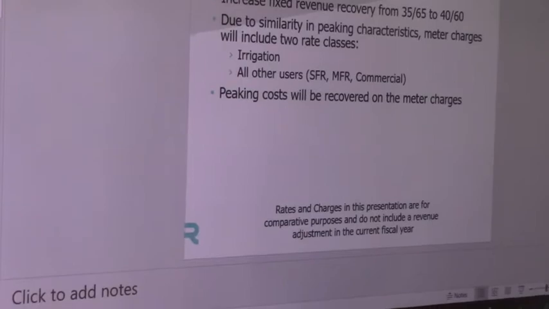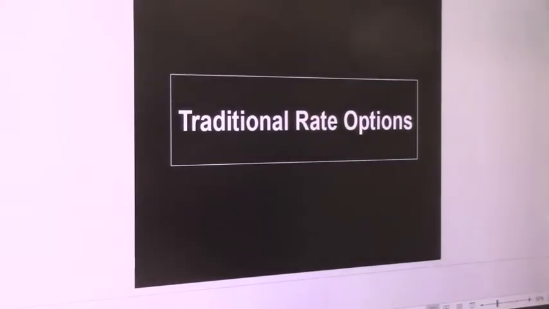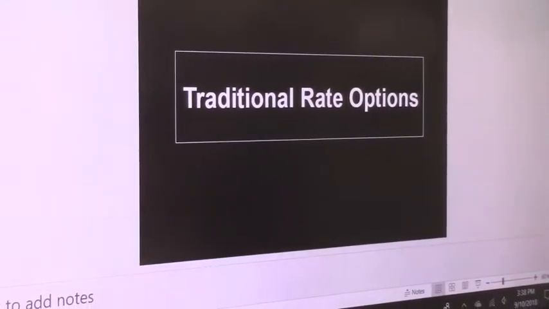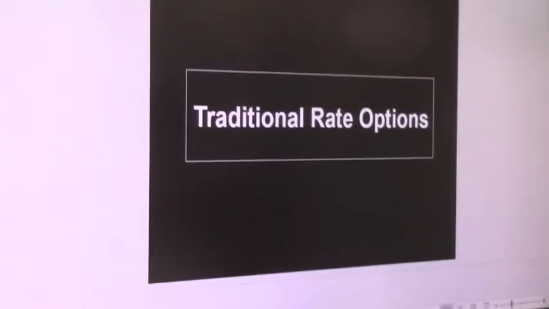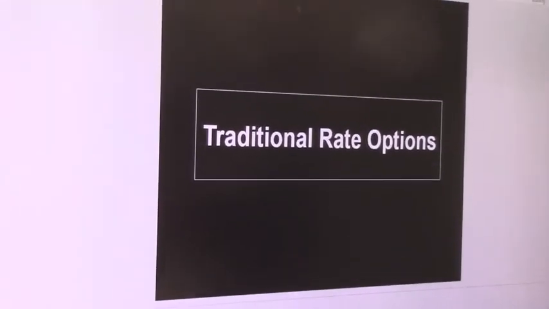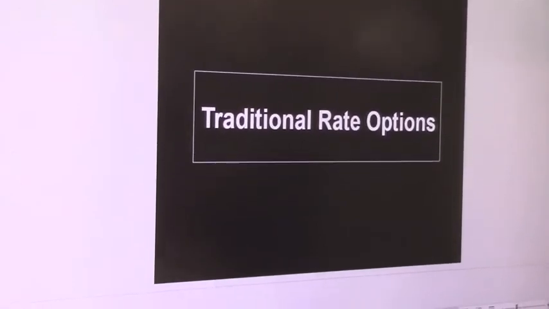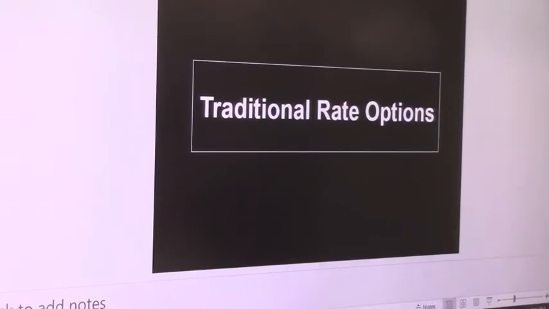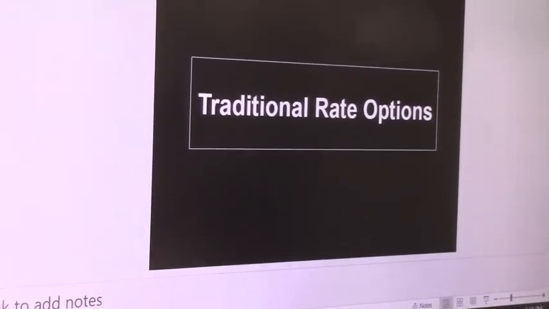So then we kind of get to the point where we have to take those cost components, allocate them to the different customer classes, and come up with rates. So that's kind of where they stand right now. And we're looking at a few different rate options. One of them is the inclining tiered, which we already have used in the past, and the other one that we looked at was CustomerSelect.